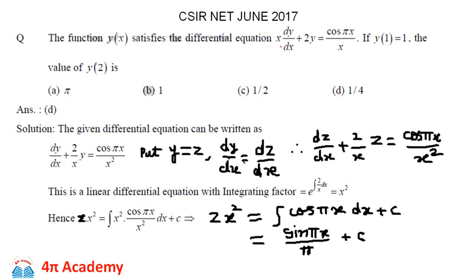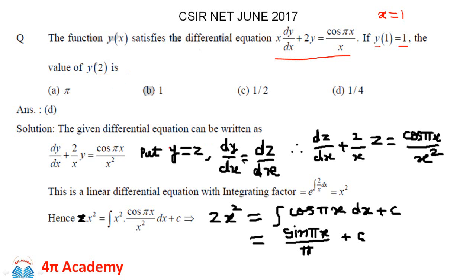So first look at the equation. This is the differential equation, but it is not in the form of a linear differential equation, so you have to convert this into the form of a linear differential equation. And then you are asked that if y of 1 is equal to 1, it means that y is a function of x, so when x is equal to 1, the value of y is also equal to 1. But if I substitute the value of x as 2, then you have to find out what is the value of y.